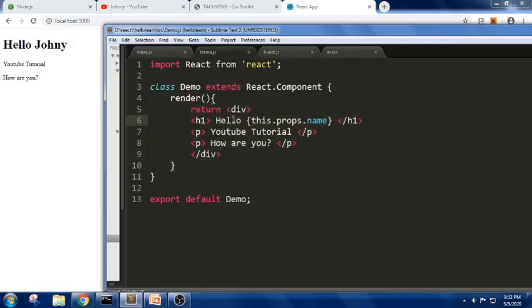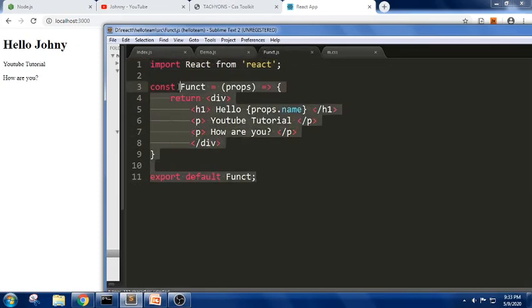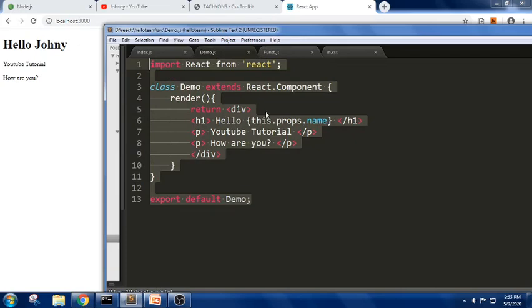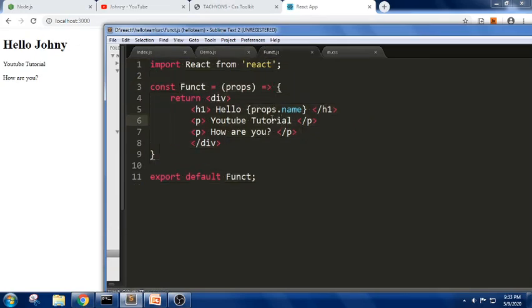So this is how we have done with a functional component as well as a class component. So this is a class component here as well as this is a functional component. So you can see the difference. In the class component we will be using this.props, whereas for the function component we will write props.name. So we are trying to use the same thing. We are trying to pass from the parent some value, Johnny here, so it is able to visualize it. So props is similar to a parameter in the functional components. It means it is similar to a parameter which will be passed in these functional components.